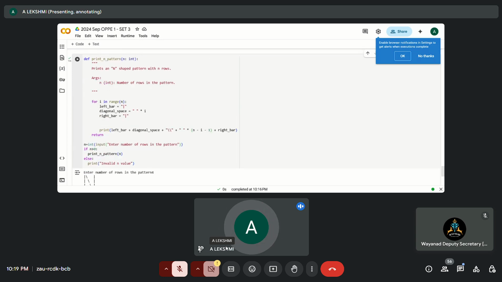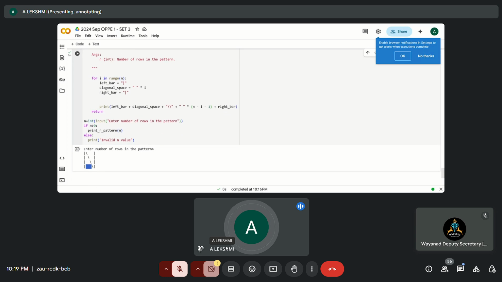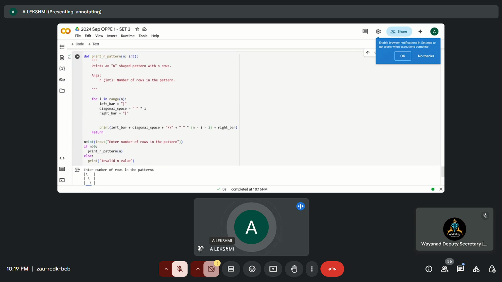So now what I'm going to do, I will ask the user for the n value, which I have asked here. How many number of rows do you need? And I'm just making sure that n value is positive. Only if it is positive, I will do all the work in the function. If not, I'll just simply print invalid n value. Okay. Now if that n value is positive, like for example 4, my program will go inside this function,